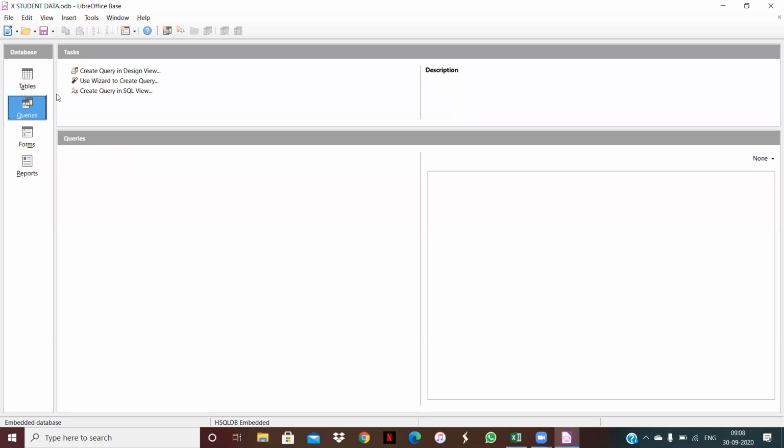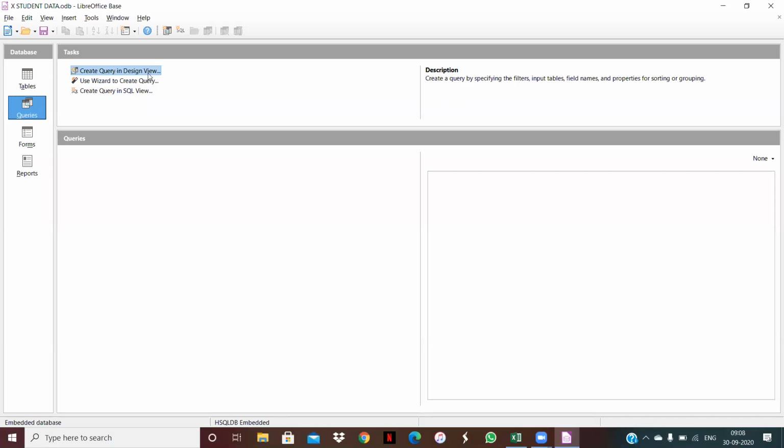Next, in the previous class we discussed queries. Too much data is stored in our table, and now we want to fetch some data according to our requirement. Then how can we do it? We can do it with the help of queries. Clear? And there are three different methods for queries.